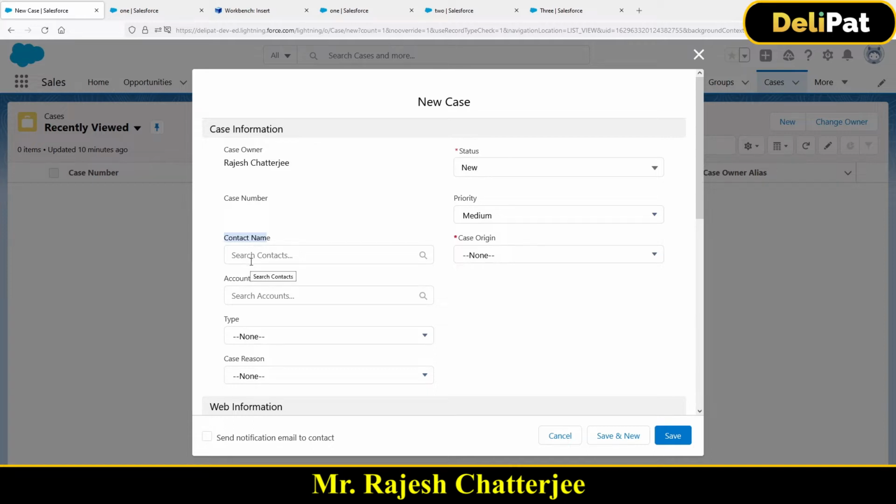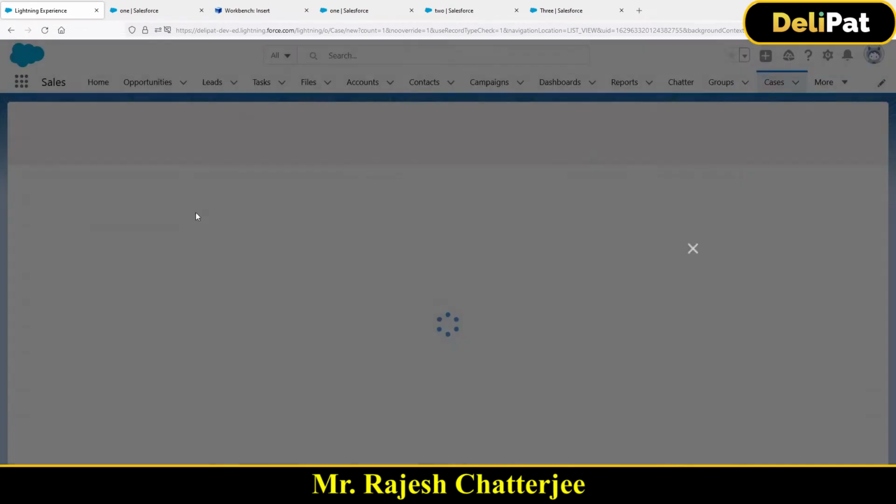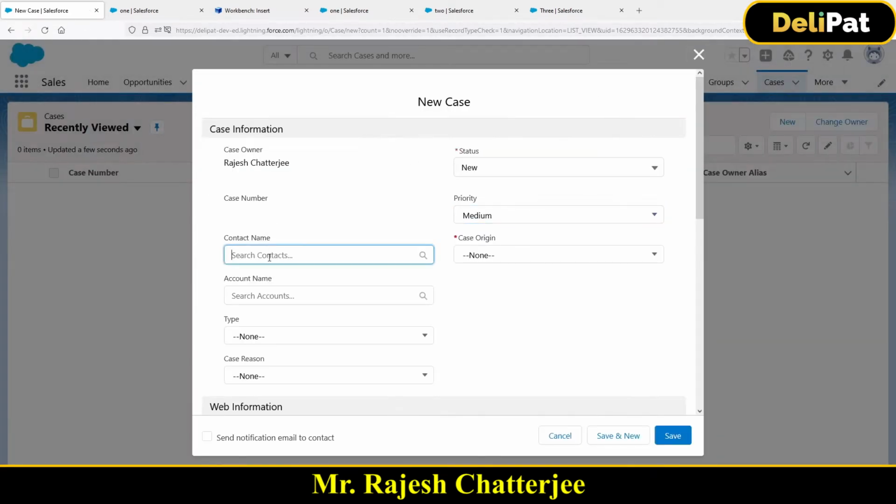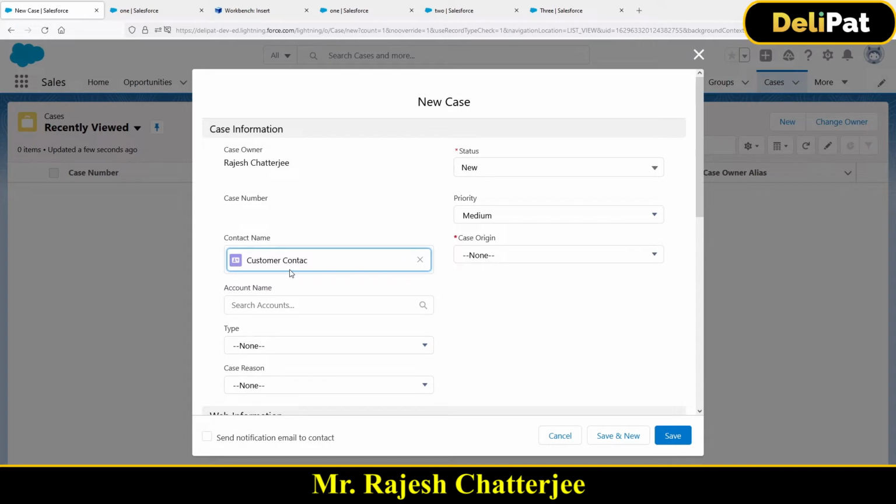So the contact is not mandatory. But let's say while creating a case I select a contact named Rajesh, or whatever contact that I have, let's say this contact, then